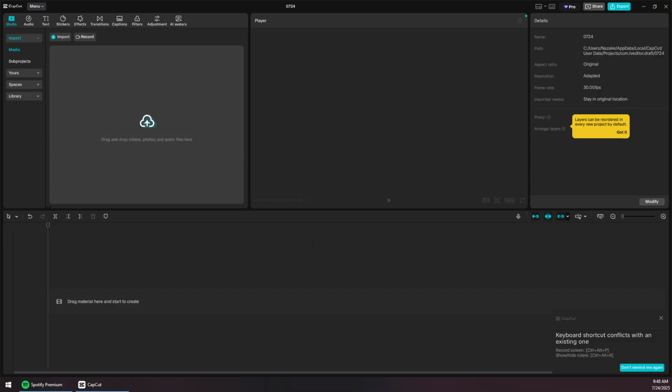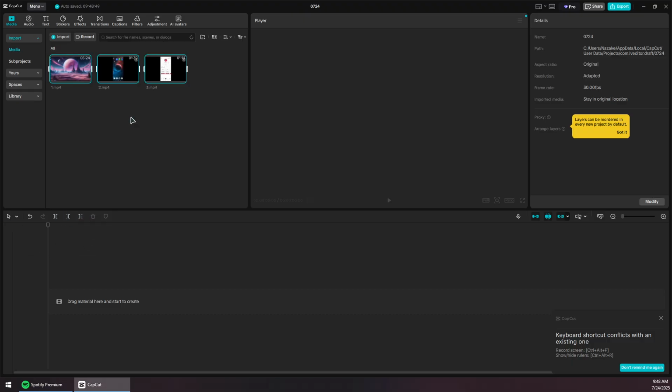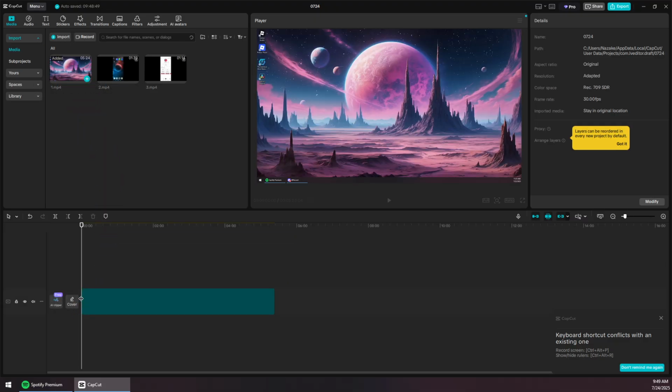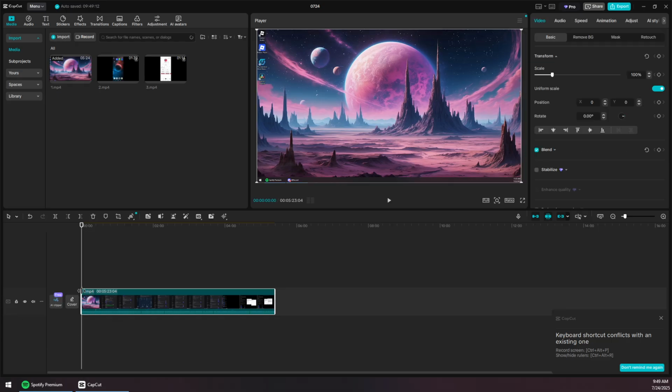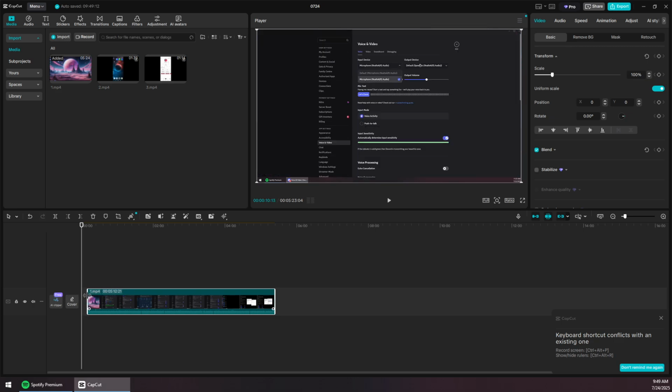Now we'll need to import all the videos that we want to merge together. So I'm going to drag and drop the selected videos into this box right here. And then we'll simply use this imported media. So first I'm going to use the first clip and drag it to the timeline and wait for it to load. Now I can cut the video or shrink it to remove the parts that I don't need, like this,